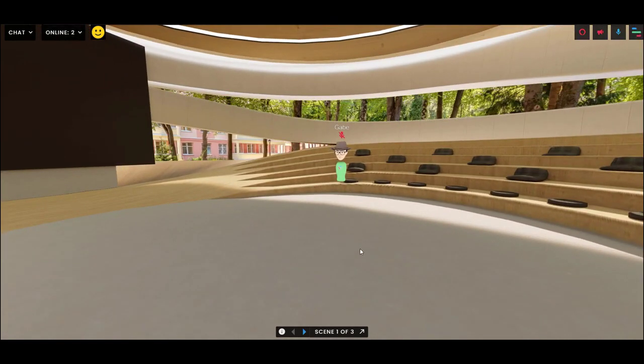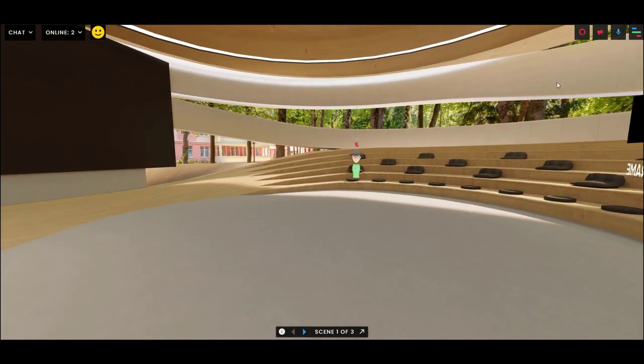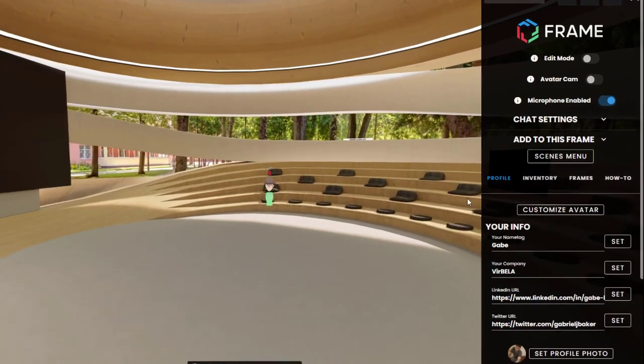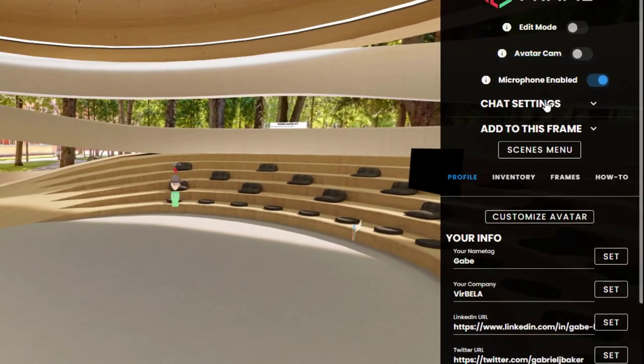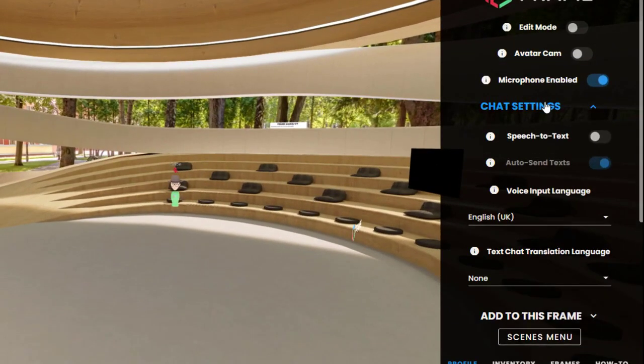So to turn this on, you need to be logged in to Frame. You open the sidebar with the button at the top right, and you'll see a drop-down for chat settings. Now there are a few very cool things in here. We're just going to talk about one or two of them in this video, but you'll see a toggle for